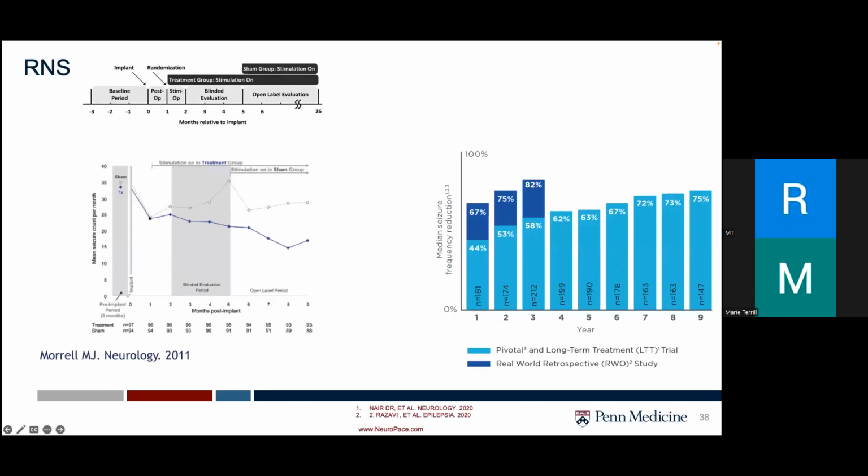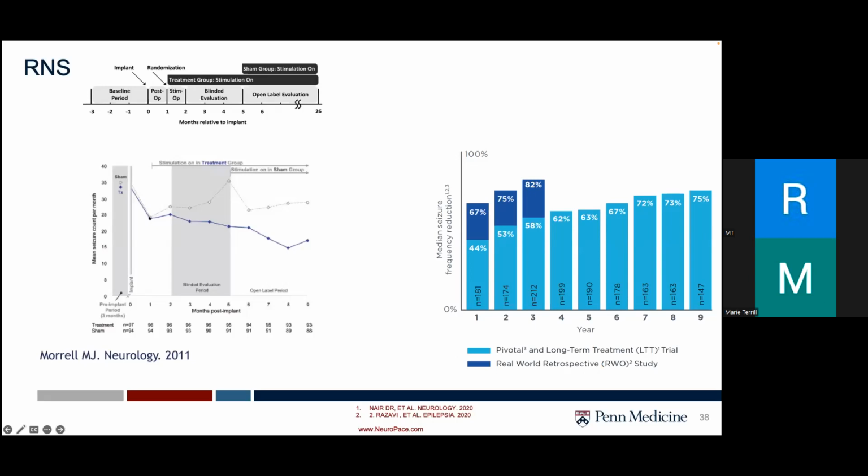There are two large multi-center studies that demonstrated the safety and efficacy. One is a long-term treatment study that prospectively evaluated patients for 9 years. And the other was the real-world outcome study, which retrospectively evaluated patients for an average of 2.5 years. Now, at the 9-year mark, the median percentage reduction in seizure frequency was 75%. This also indicates a substantial decrease in seizure occurrence for a majority of patients. About 30% of patients in this group achieved at least 6 months of seizure freedom.